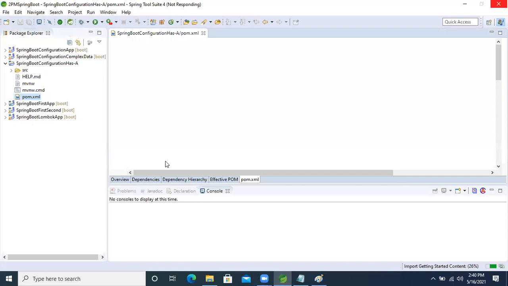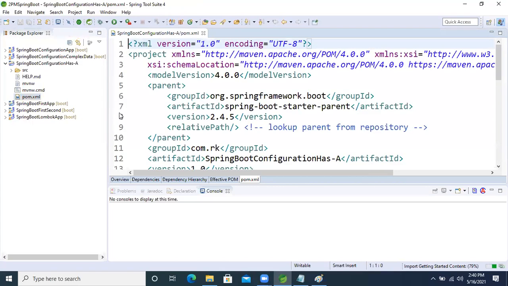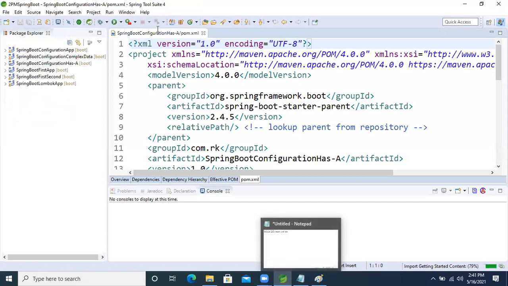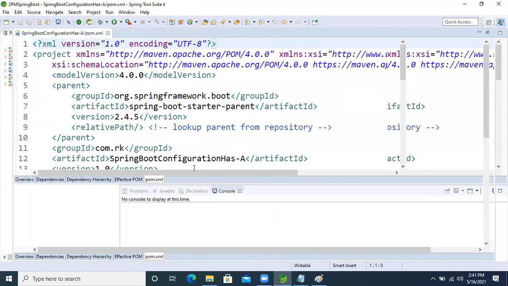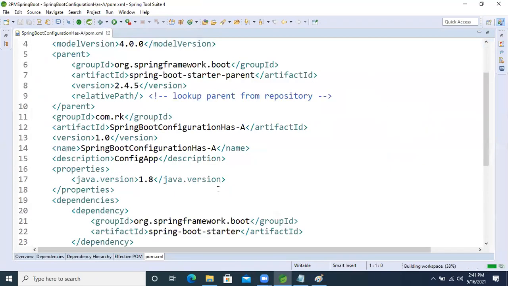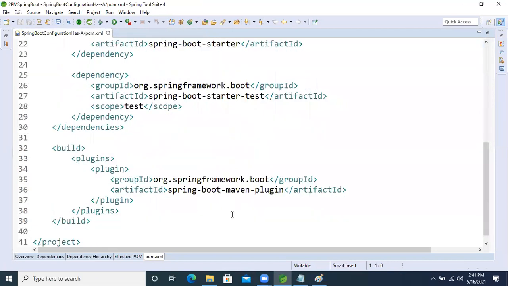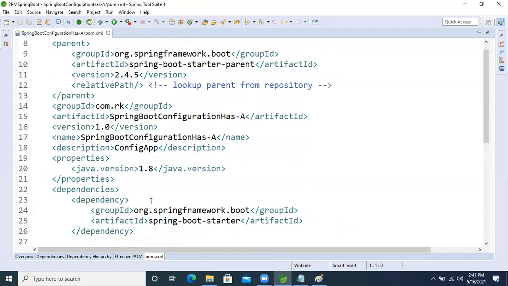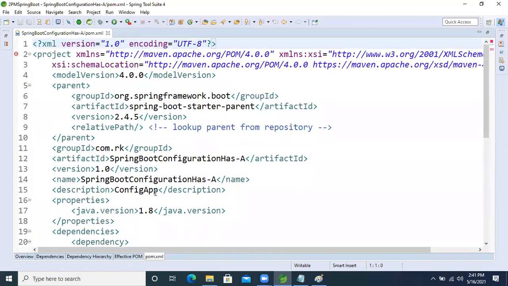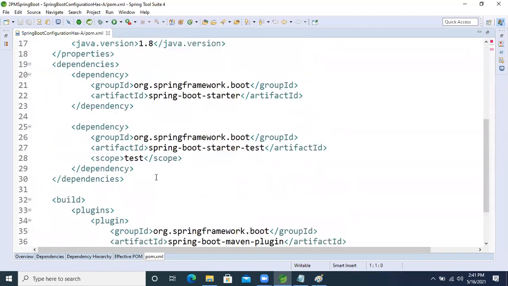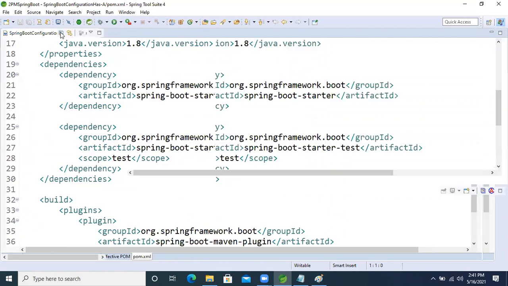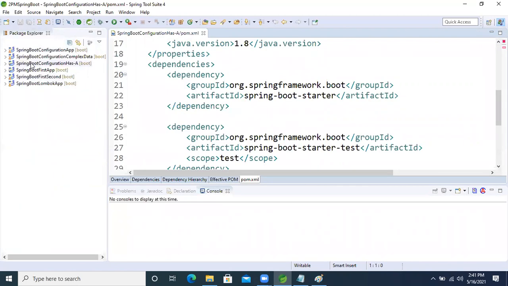See this, one minute, the project is being created now. I'm maximizing this one. Inside this, see, Maven starters: whatever starters are required to work on Spring Boot, all are there. But inside this pom.xml, there is no Lombok API starter. So how will we add it right now? Go to the project, right click on the project.